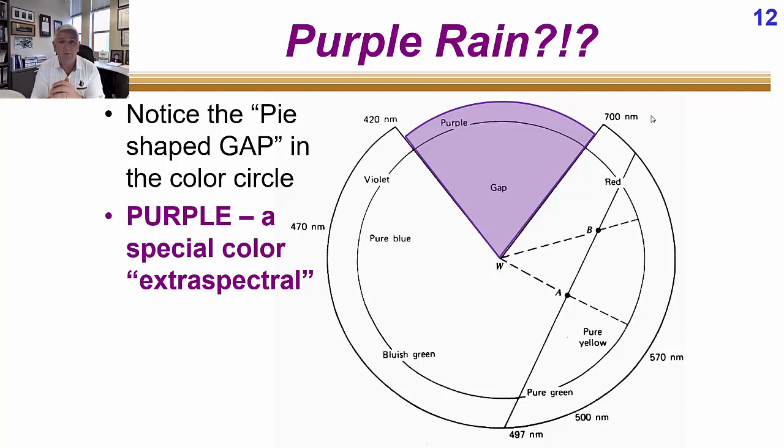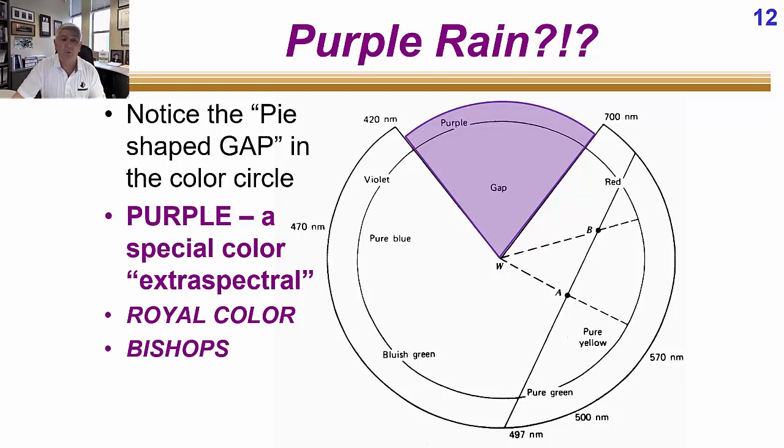And people have known about this for a long, long time, that purple was a special color, that it was different than the other colors. So if you think about it in history, the color purple, what is it associated with? Yes, royalty, right? It's the royal color. It was reserved for the highest authorities. In the church, bishops wore purple. Purple was a color reserved for the highest ranking members of the church, right? And so maybe you can think of some other examples of why purple is a very special color. But now you know that purple doesn't exist, right? All right, so you're going to learn something new in here every day.